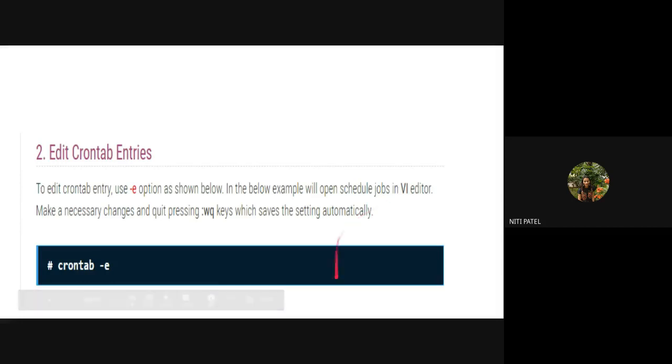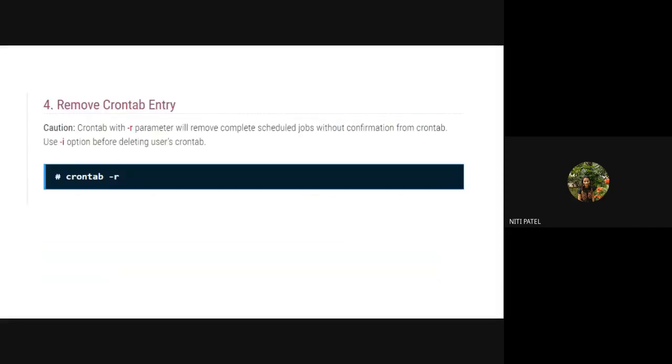Okay. So this is how you type the commands and how you are supposed to edit. After the editing is done, you are also supposed to save them. If you don't save them, that means you have not done any of the editing work. Again, if this editing is done by the normal admin, that is the main admin, then the entries will be made inside /etc. But if I have transferred it to, say, Aditi, and if Aditi does all this, the details will not be saved inside /etc.